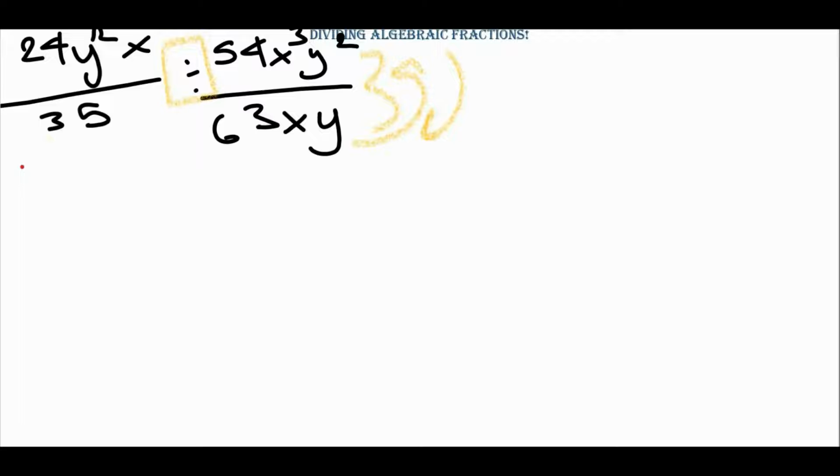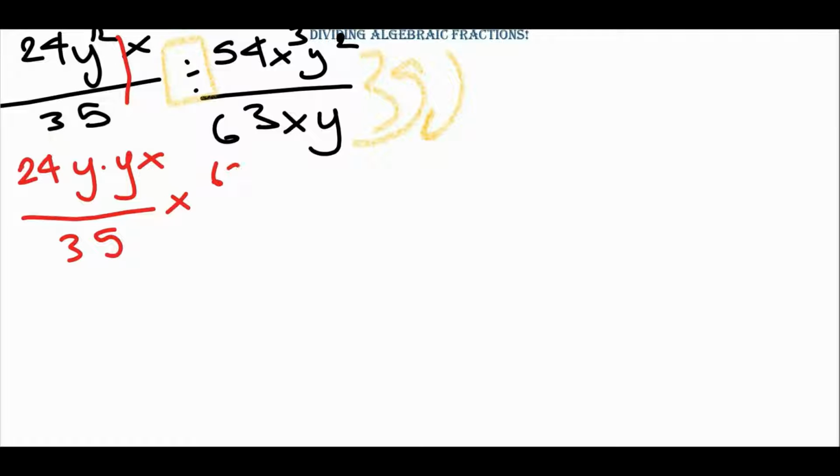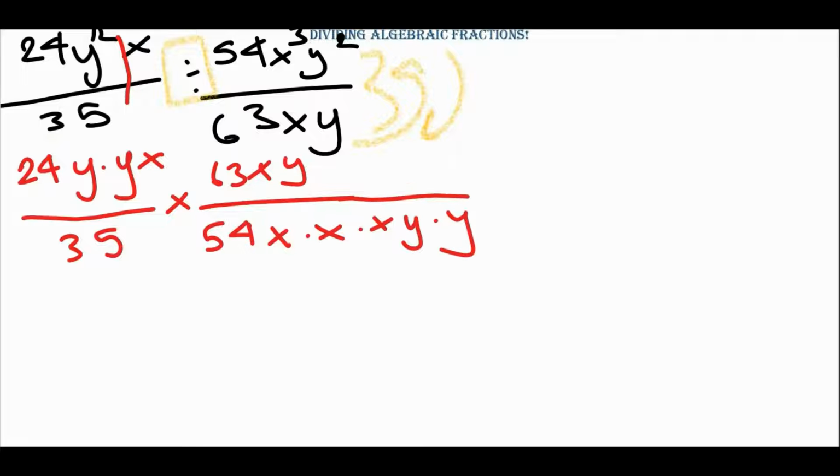So what we're going to do is keep this fraction the same. So 24, and let's expand the y's. y times y x over 35 times 63 x y. As you can see, we're flipping this fraction over: 54 x times x times x, and then y times y. Okay,